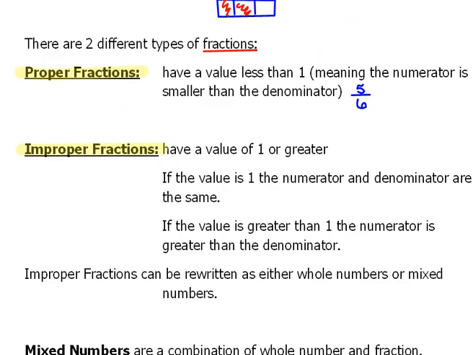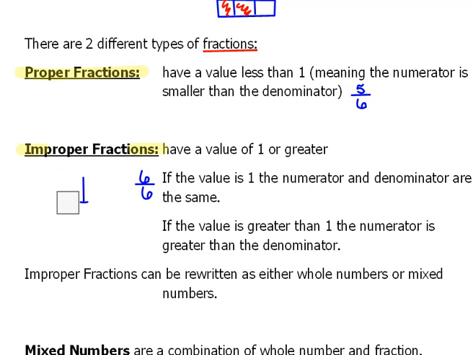Now the other type of fractions that we can have are improper fractions. And these can be one of two different looks. They either have a value of 1 or greater. If they have a value of 1, what that means is the numerator and the denominator are the same. So for instance, if we had 6 over 6, that would be an improper fraction because this actually represents an entire amount. So for instance, in that drawing that I did a while ago,